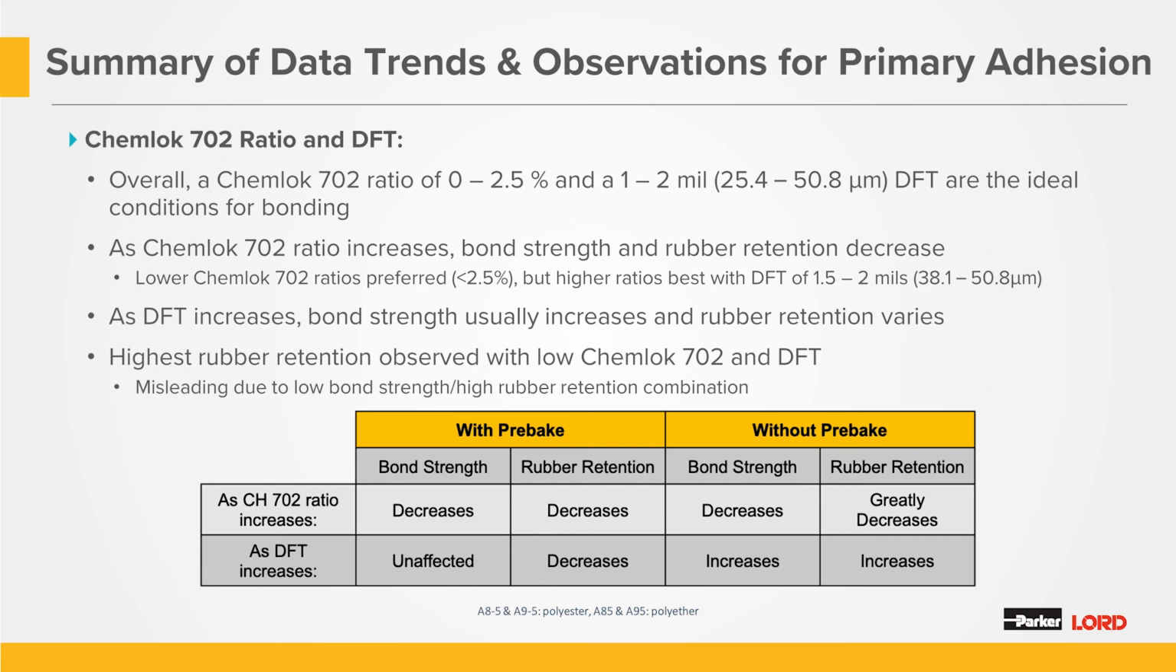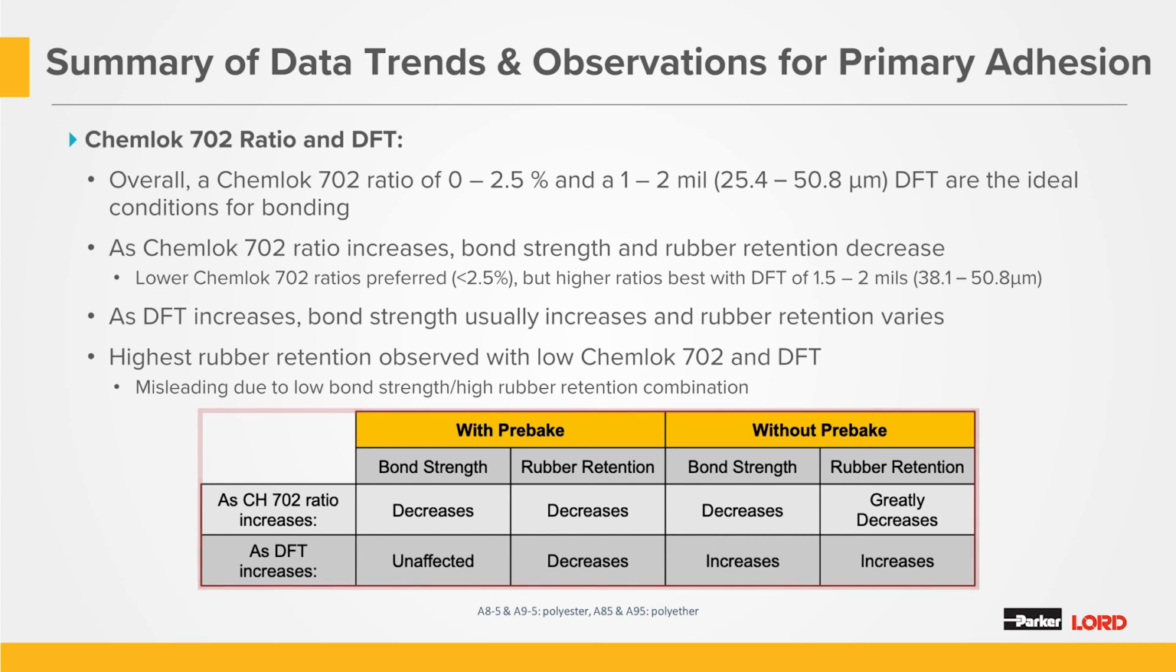The table on the slide summarizes the curative ratio and dry film thickness trends in the data. The table shows that a higher curative ratio is correlated to a lower performance under all of the pre-bake conditions. Generally, lower 702 ratios are preferred, but if a higher ratio is used, a dry film thickness of 1.5 to 2 mils is preferred. As the dry film thickness increases, the bond strength usually increases and the rubber retention tends